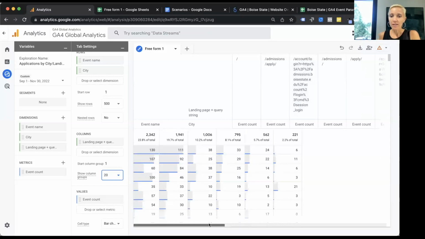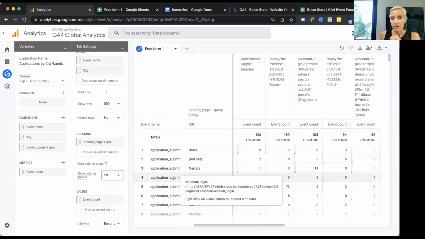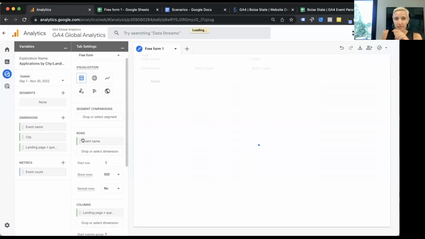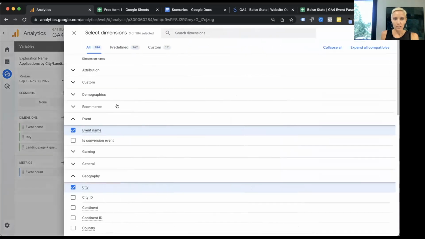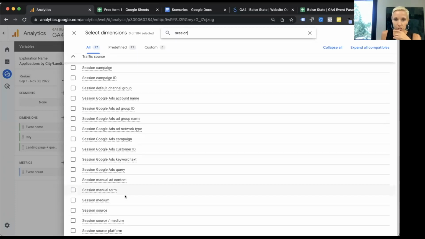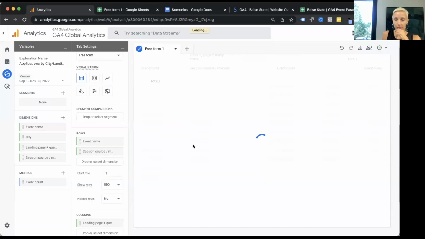Okay, and now let's say this is all great, but I really want to know what traffic sources are driving applications. So I might get rid of city. I'm going to remove that. I'm going to go to dimensions and select session source medium. We can also select just source, just medium, the campaign, etc. But in this case, I'm just going to do source medium, import that, select source medium.